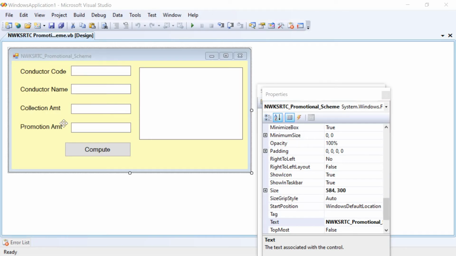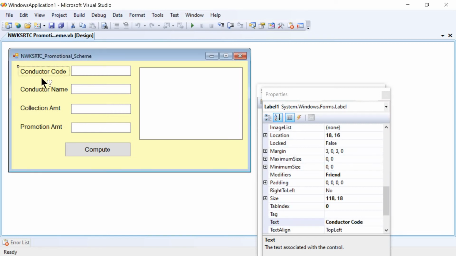Here comes the window design. Label 1 is taken with conductor code. Label 2 conductor name. Label 3 collection amount. Label 4 promotion amount.